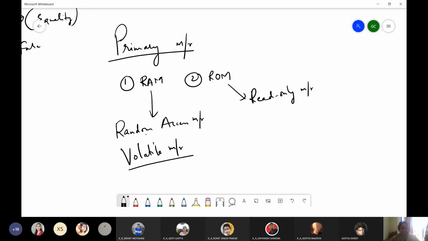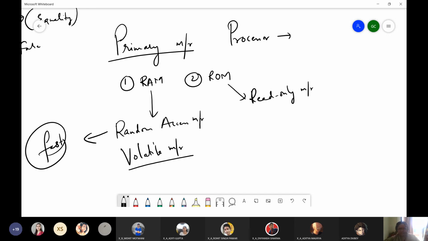So this is a volatile memory, but random access memory is a very fast memory. And its speed somewhat tries to match with the speed of the processor. You have to understand one thing, that the processor has the highest speed. No device can match the speed of the processor.